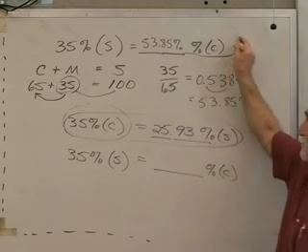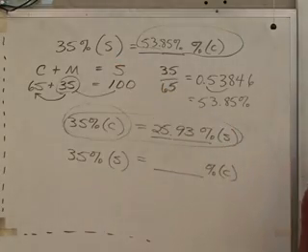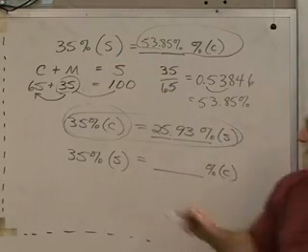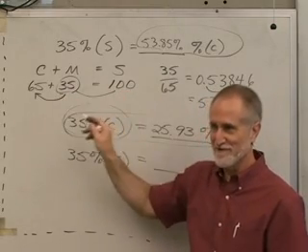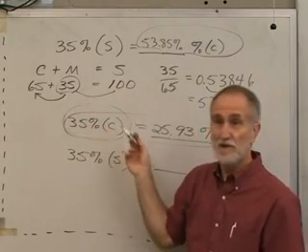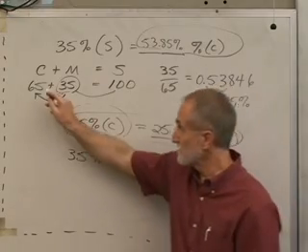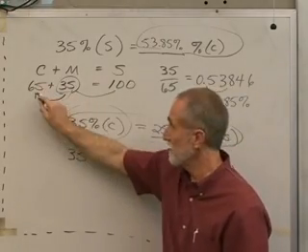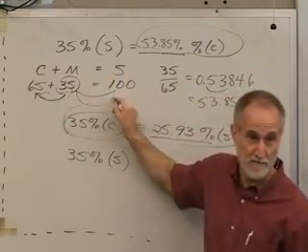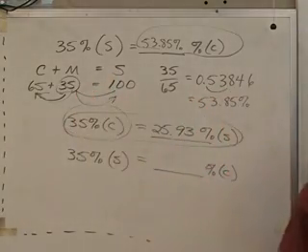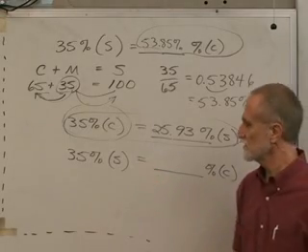Percent on cost was bigger than the percent on selling price, wasn't it? If we always have to sell it for more than what we pay for it, then that's always going to be true. If this number is always smaller, then if we divide it by the cost, we're going to get a bigger answer than if we divide it by a bigger number, the selling price. We're going to get a smaller answer. When I first started teaching this course,